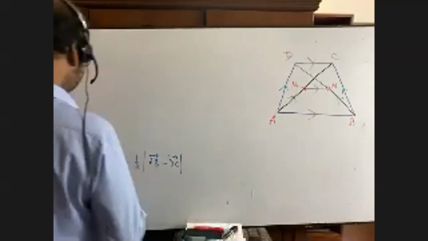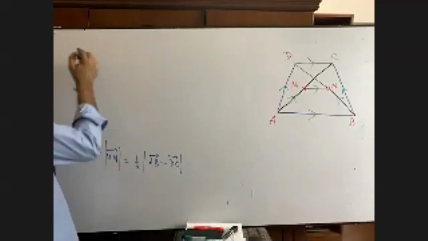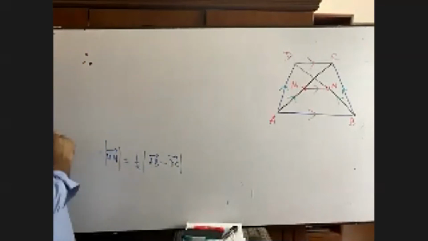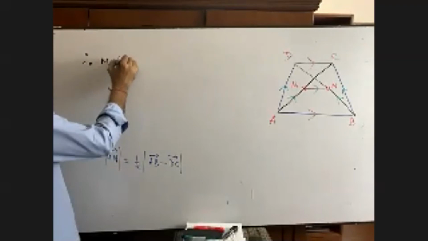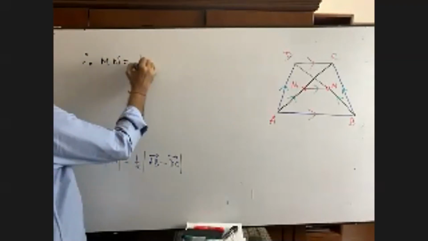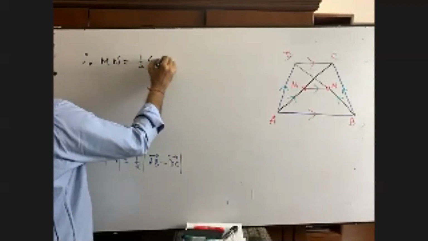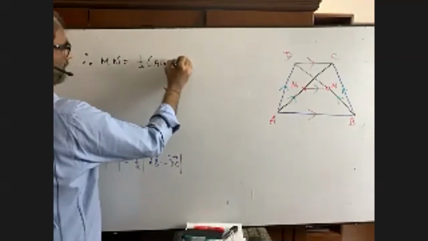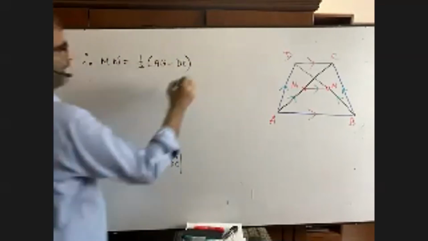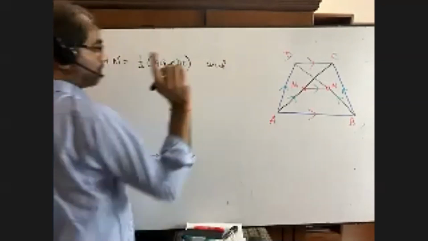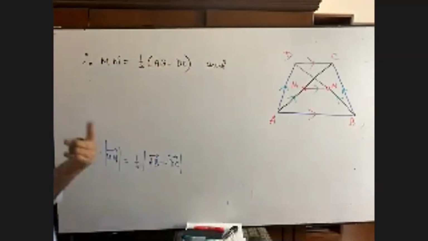It means, therefore, MN is equal to half of AB minus DC. And that part, the lines of support that I told you, is to be